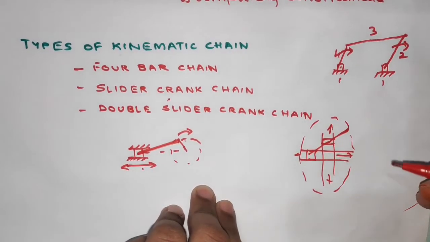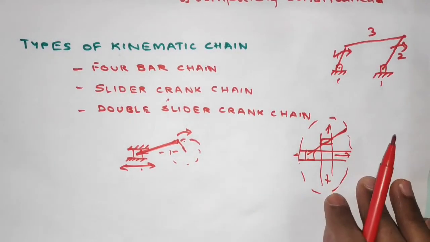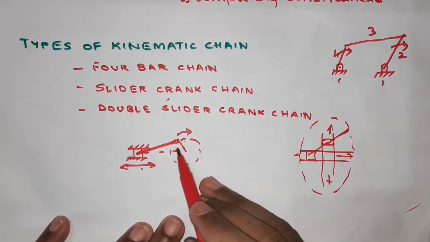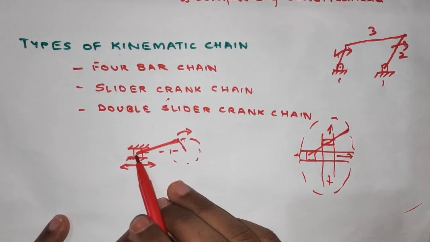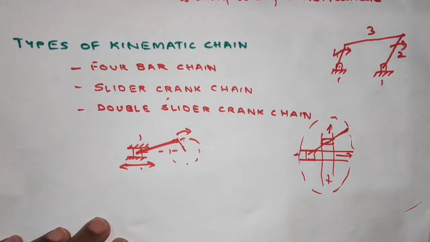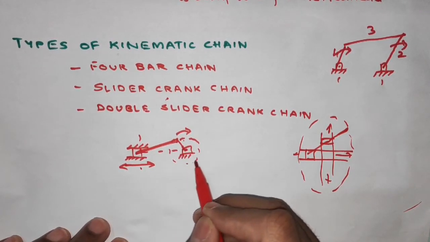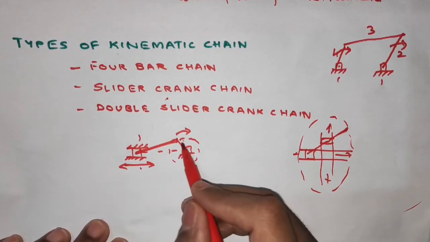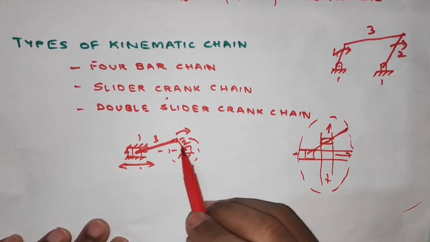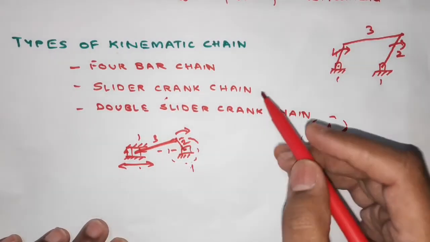I'll put the link in the description below to see the GIF of this 4-bar linkage, how this 4-bar linkage functions. The second kinematic chain is the slider crank chain. Here we have the crank and the connecting rod connected to the piston, which is also called a slider, which slides in the cylinder. The cylinder is fixed, so we say that it is fixed link 1. Similarly, this crank is connected at fixed link 1 here, or it is pivoted at link 1. So link number 2 is the crank, link number 3 is the connecting rod and link number 4 is our slider. As link number 2 rotates, there will be sliding motion of the slider. So this is about the slider crank chain.